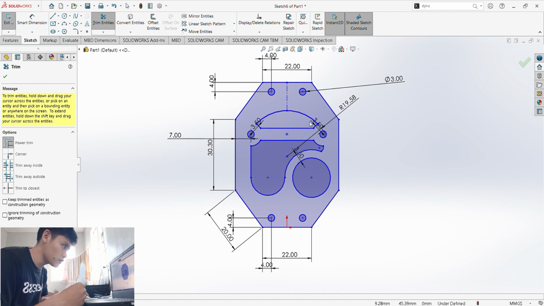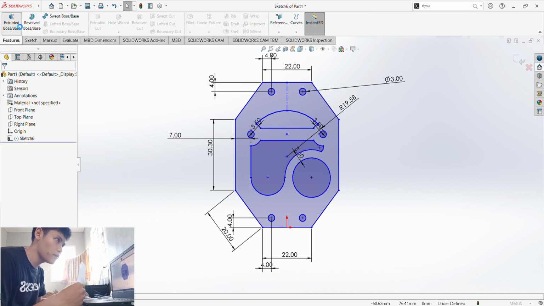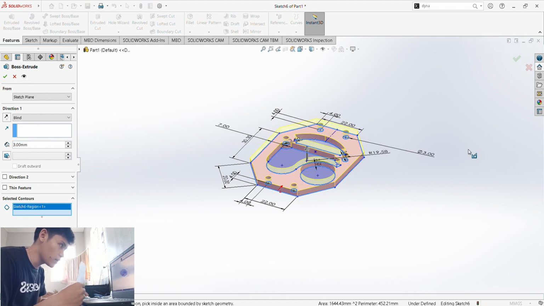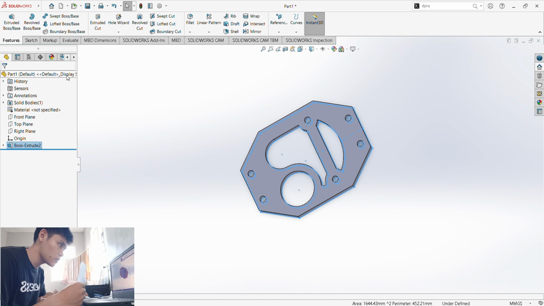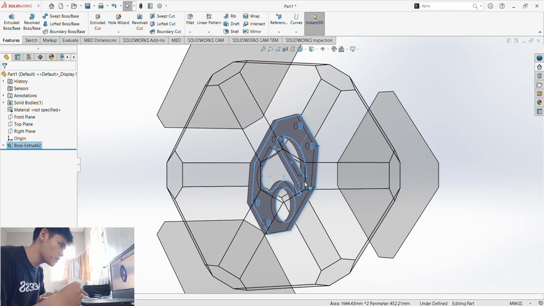There you go. So then after that we just have to go to the features, extrude boss base. Let's have 3 millimeters, and then select those that you have to extrude. So for this one we have to extrude this one. So let's check this one, and as easy as that, we have already made this one.